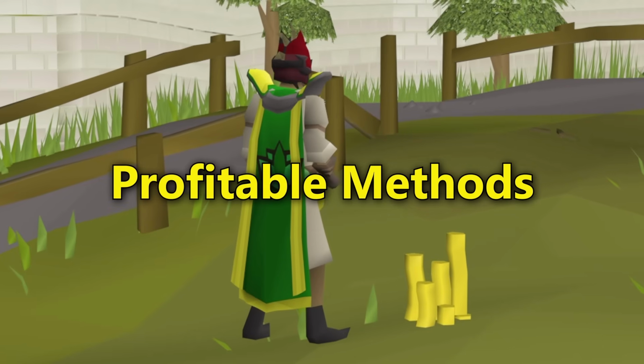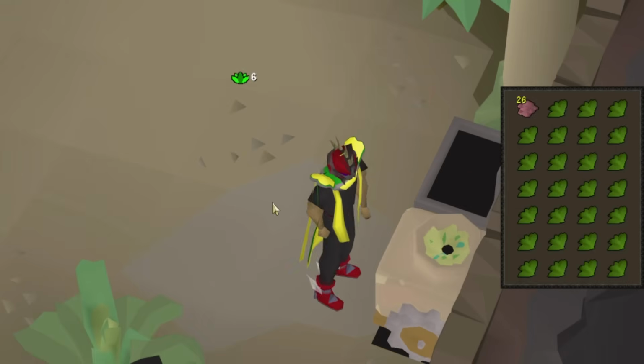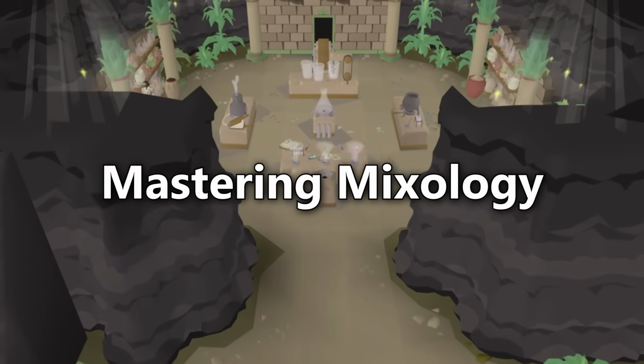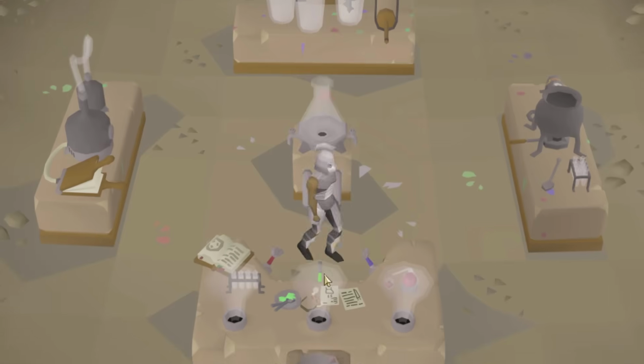Alright, now for the profitable Herblore methods, and it is difficult to make money with Herblore if you want the fastest XP, but there are a few decent moneymakers out there. Probably the best Herblore method for profit, which still gives decent XP, is partaking in Mastering Mixology, where it's possible to get around 2 mil GP per hour at higher levels, and that's if you trade in your reward points